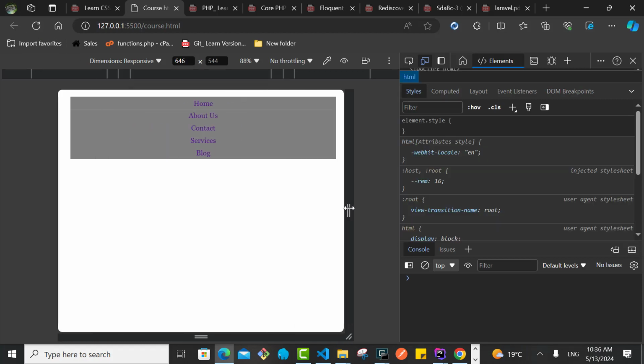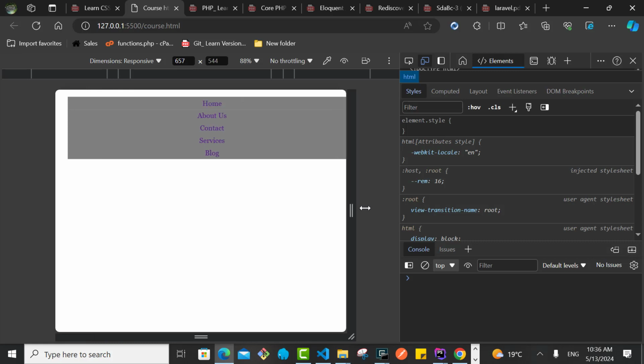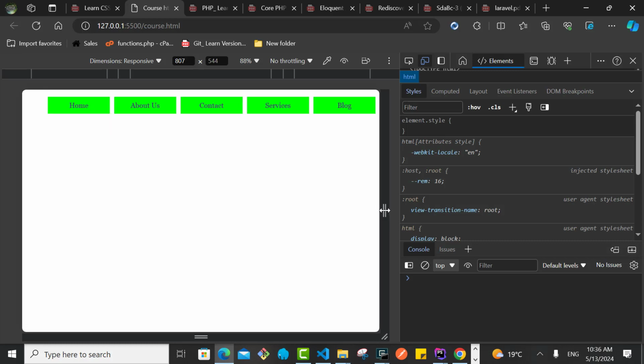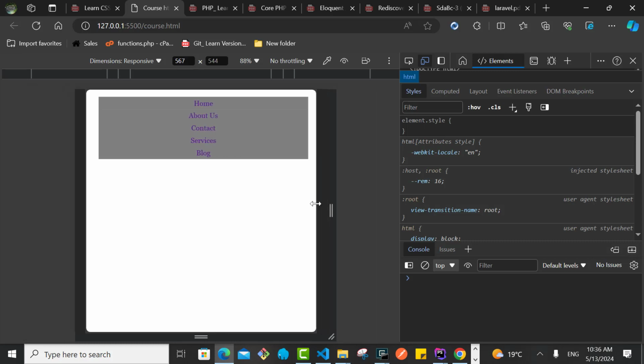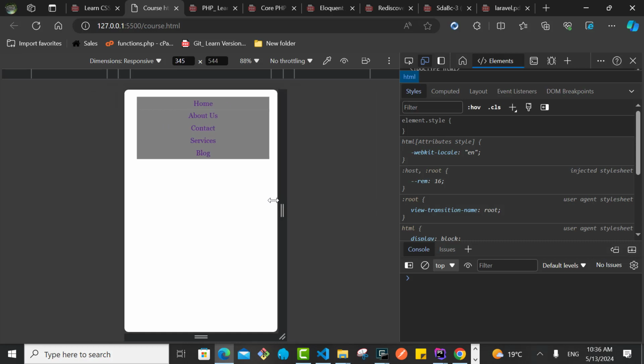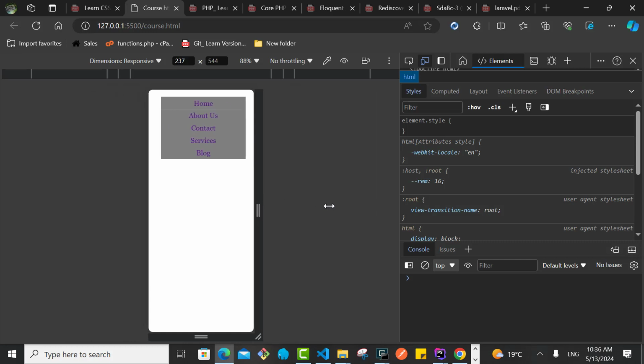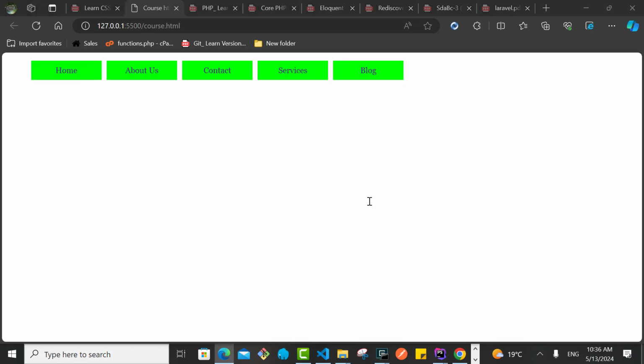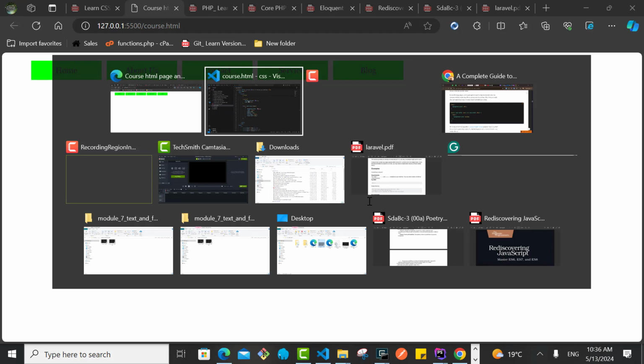As you can see now, there's some padding there, and if I stretch until I reach 769, it converts to the normal styling that I've specified. But if I'm on small devices, you can see this is how it will appear. And so something else about media queries that I want you to check out is that